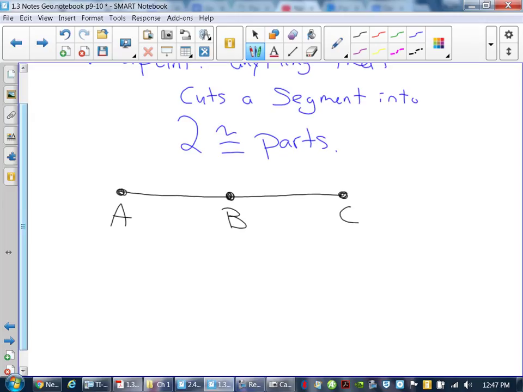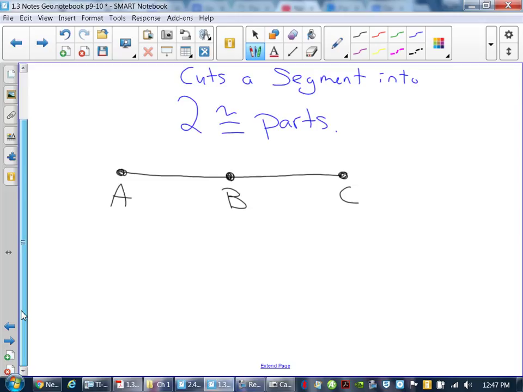You guys ever heard of an if-then statement? Yeah. All right, what is it? If this happens... It's a hypothesis. Yeah, exactly. All right, cool. What we do in geometry a lot of times is that most of our definitions are written out into what are called if-then statements. If something is occurring, then the following will always happen. It's the same basic idea here. So if I write it like this, if B is a midpoint